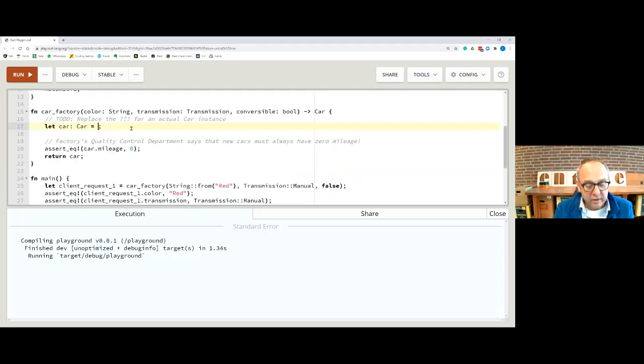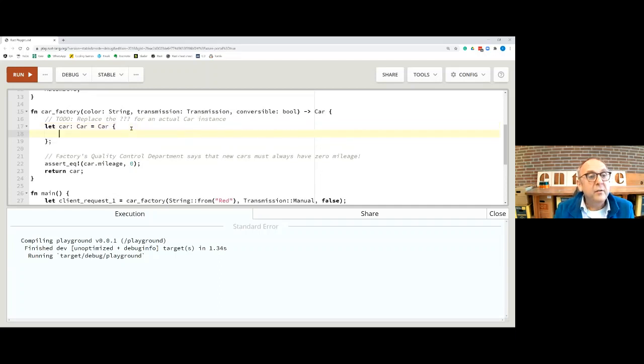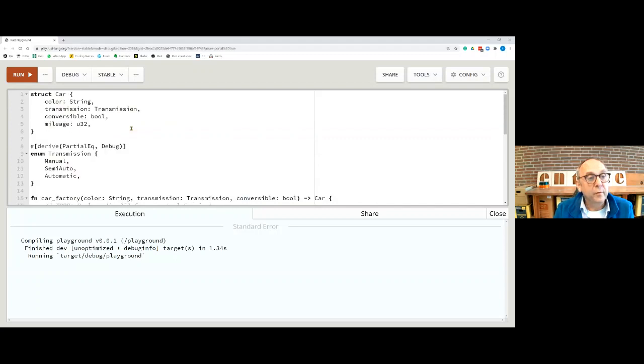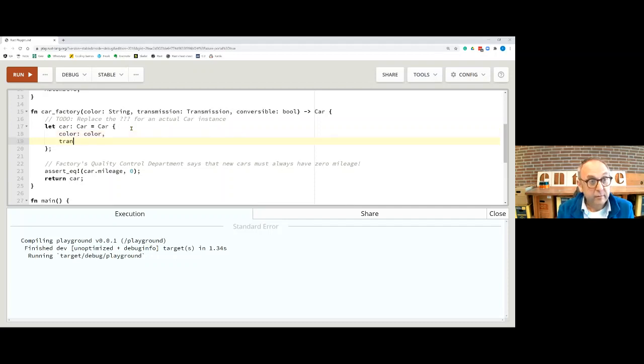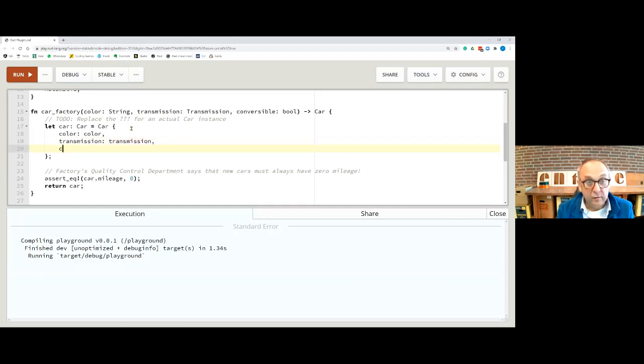So how do we go about this? Well, first we have to make a car. Then we have to fill in all the 4 fields. So color, transmission, convertible, and mileage. So that will be color, transmission, and convertible. And